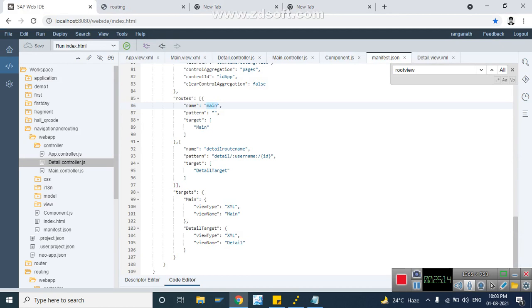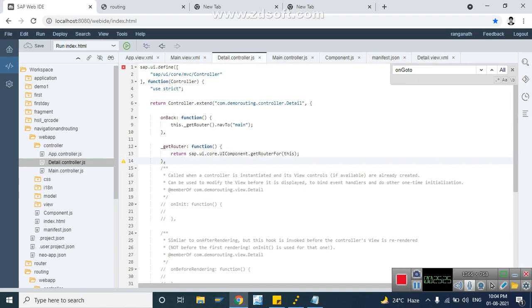We don't need this actually, we'll remove this and give only ID. When we reach the detail view, initially the onInit method, I want to uncomment this onInit.